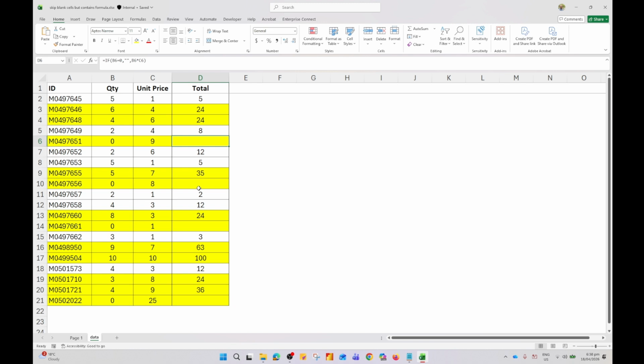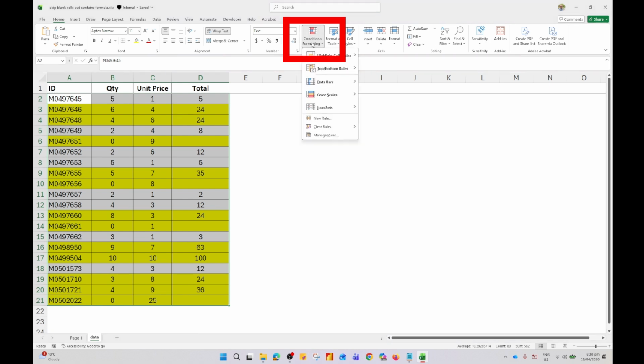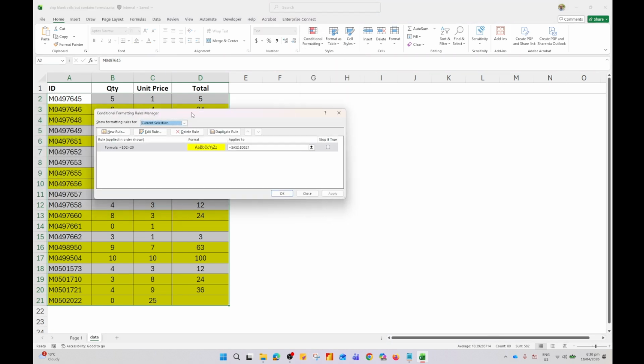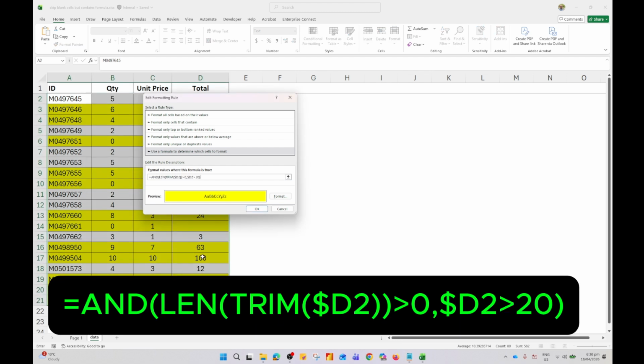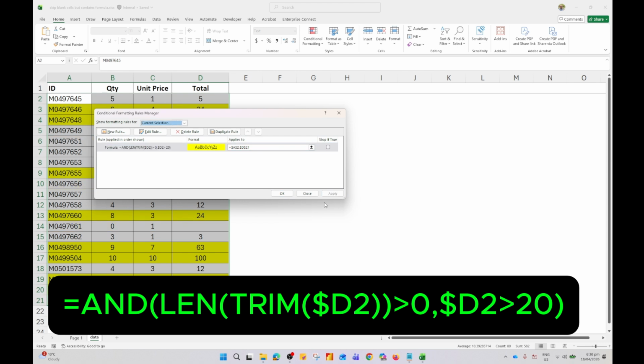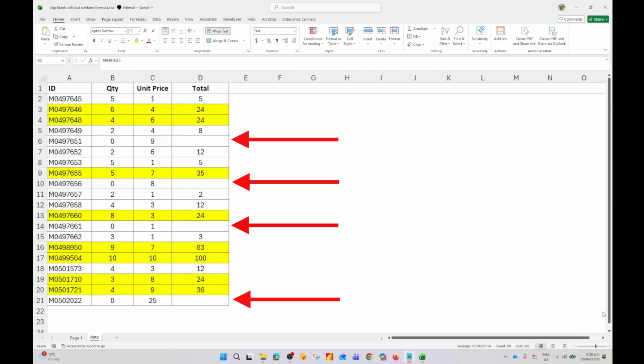To skip the blank cells, select your data again, go to Conditional Formatting option and select Manage Rules option. Select the rule we have created. Click on Edit Rule button. To skip the blank cells, copy this formula. Now click OK, click Apply, click OK. Now it will skip the blank cells and it will highlight only cells where the total quantity is more than